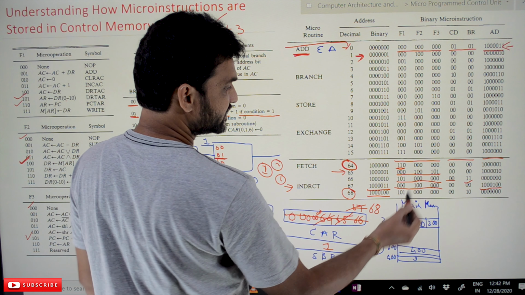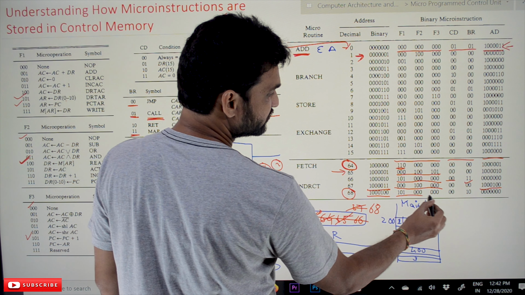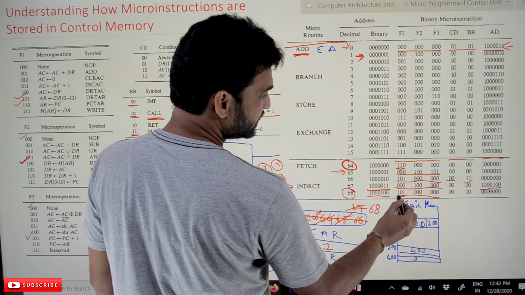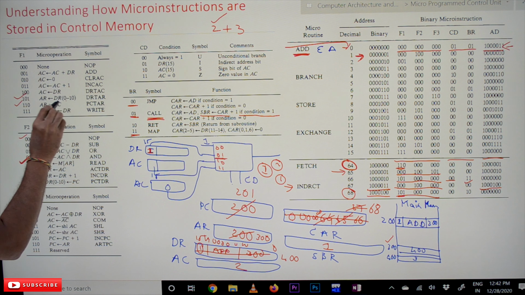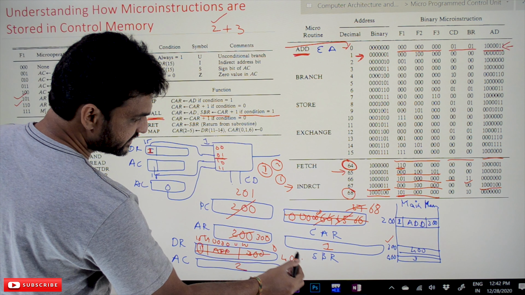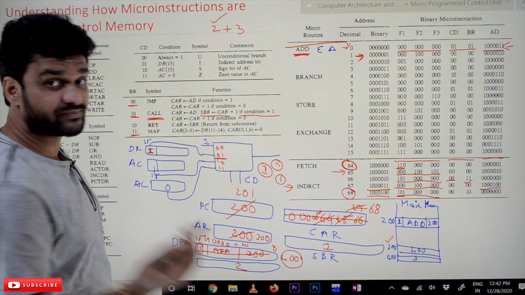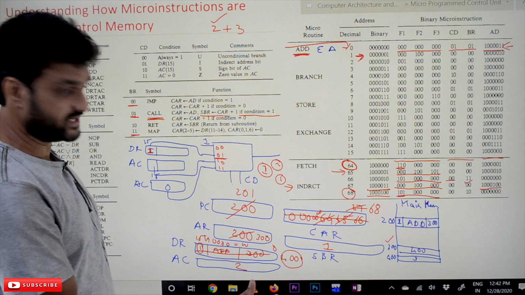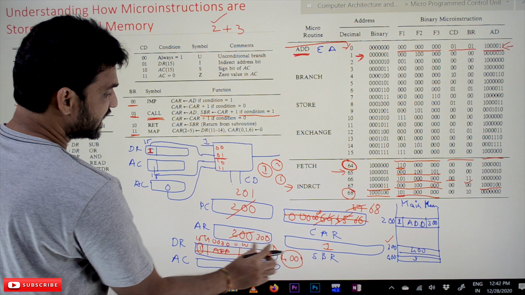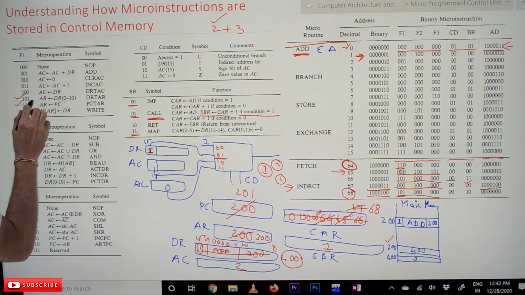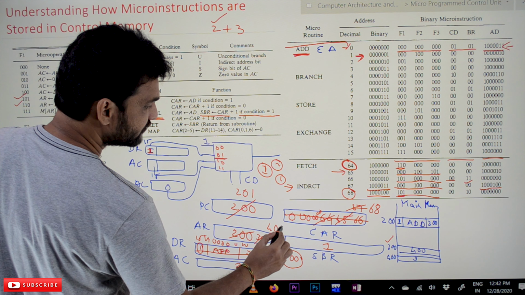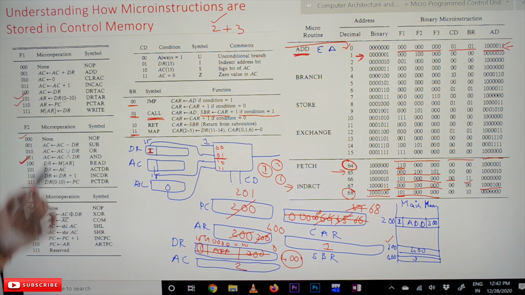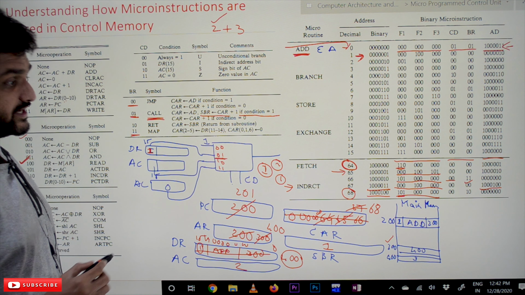Now this one will get executed. So what is the function that we have to do? It is only F1. In F1 we have to execute 101. So what is this 101? The 10 bits of the data register, 400's binary value, will be within 10 bits. So all these 10 bits have to be transferred onto the address register. So now the address register consists of 400. See how step by step the things are getting executed.